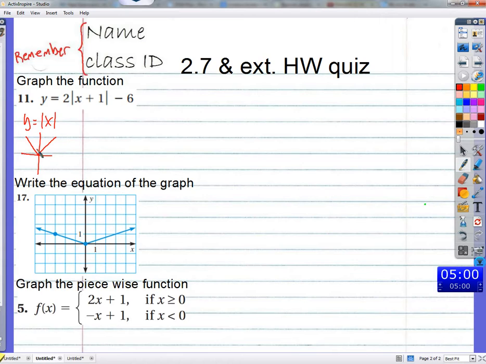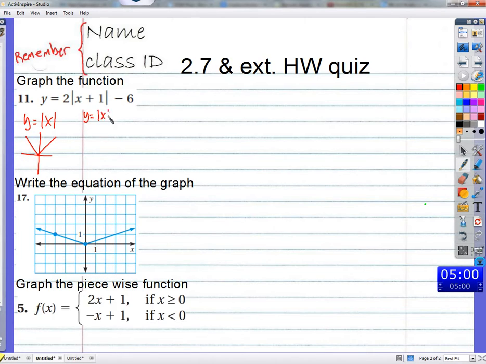This one has the opposite slope, not the opposite reciprocal, because that would be perpendicular. This one happens to be perpendicular, but this one's just a negative slope. So for every 1 that it goes up, it goes to the left one instead of to the right one. Okay, and it's a mirror image of the right side. Okay, so then we took